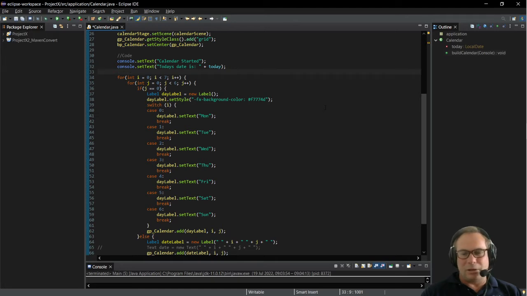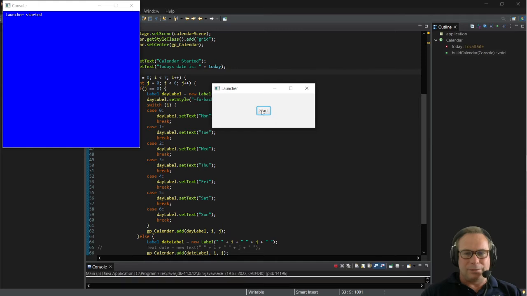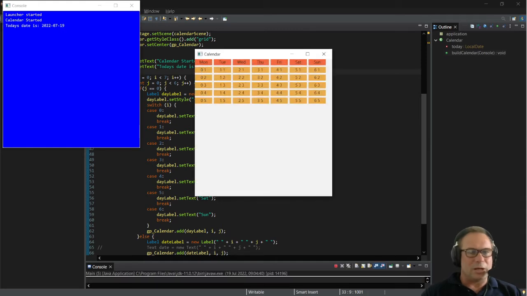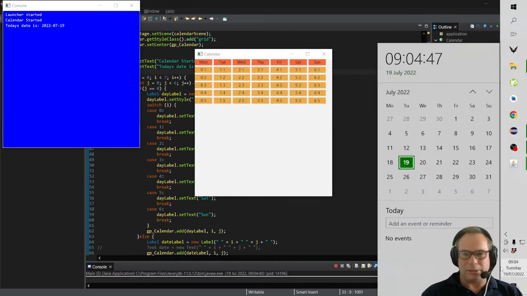Of the JavaFX application. And we are going to work with the orientation of the GridPane today and start preparing for sorting out the dates. Because if we just look at the calendar here,